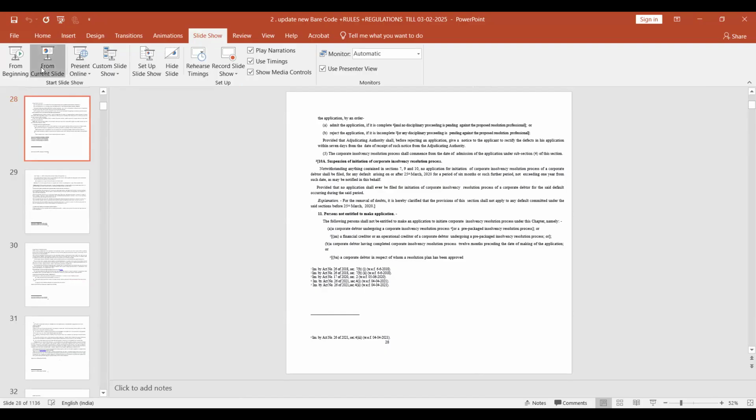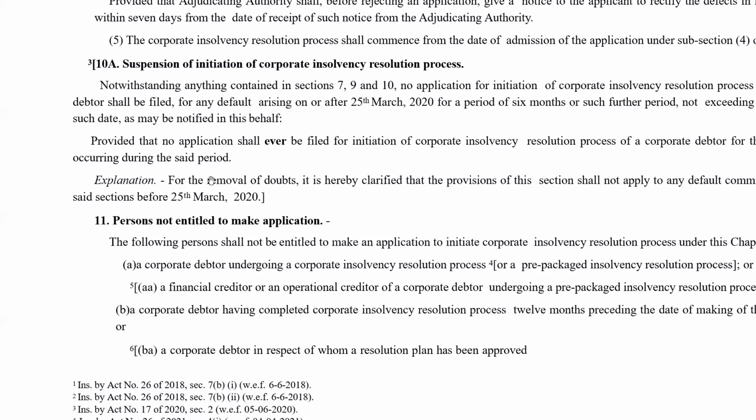Now section 10A. Section 10A talks of suspension of the initiation. But during the COVID period, this process of filing an application under section 7, 9 or 10 was suspended for a brief period. So it says, notwithstanding anything contained in section 7, 9 and 10, no application for initiation, because